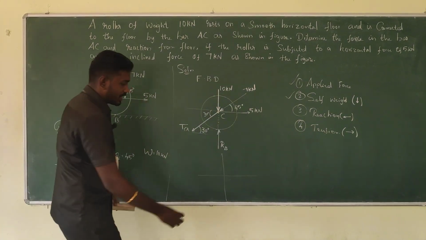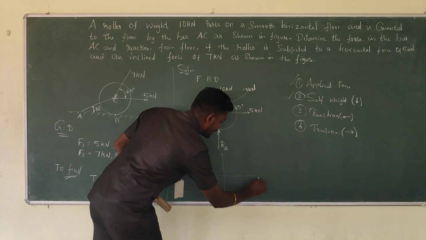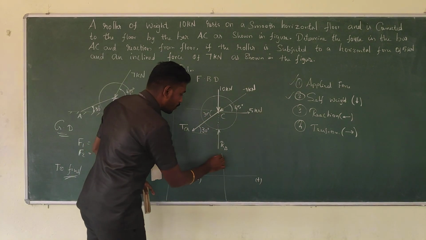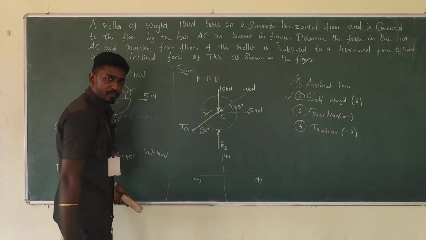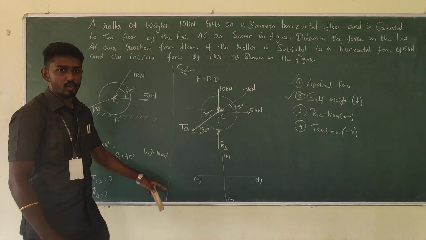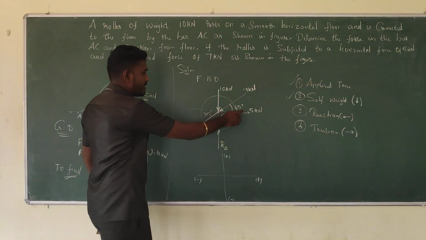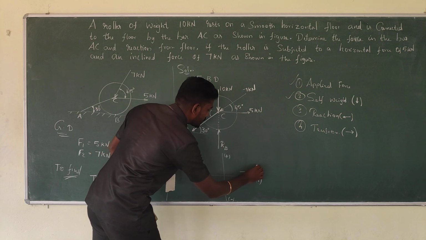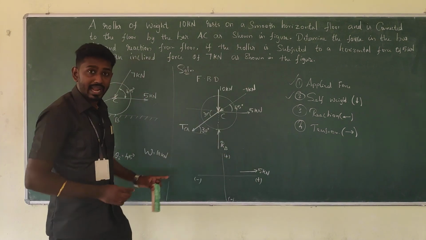We know whenever the force is directed horizontally to the right side, it will be positive. When it is directed left side, it will be negative. For the vertical force, if the force is directed upward, it will be positive. And when it is directed vertically downwards, then it will be negative force. So think about the first quadrant. There we have the horizontal force. The horizontal force I am going to take is just 5 kilonewton. We could identify it's a horizontal.